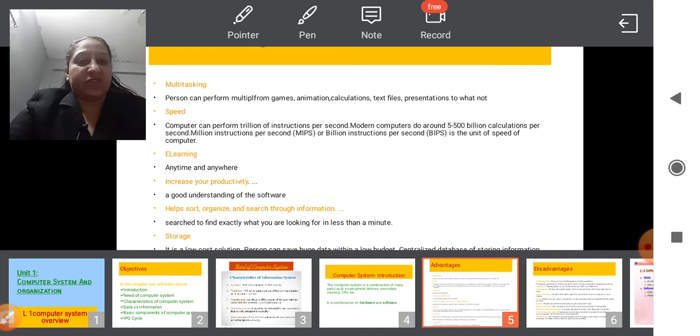Next thing written is speed. What is the speed of computer? Computer is able to perform millions of instructions per second. If you are able to give that much input, you should be fast enough to give that much input. If your input is good, computer will give you output also that much good. And next, the supercomputers, their speeds are measured in terms of BIPS. There are two units written, so don't get confused about what is MIPS and what is BIPS. Normal computers, their speeds are in MIPS, and supercomputers, their speed is in BIPS, billion instructions per second.